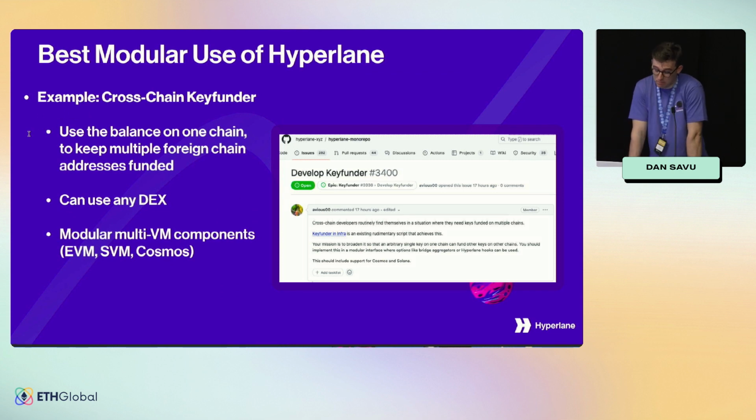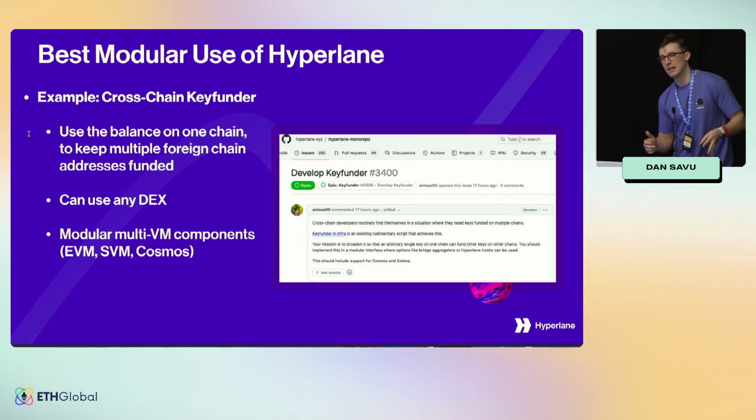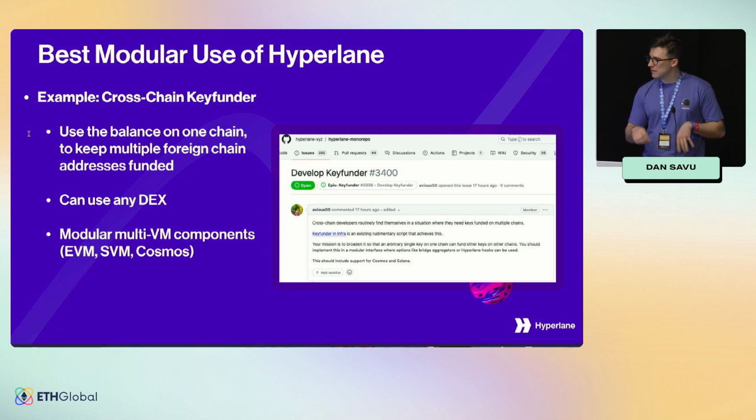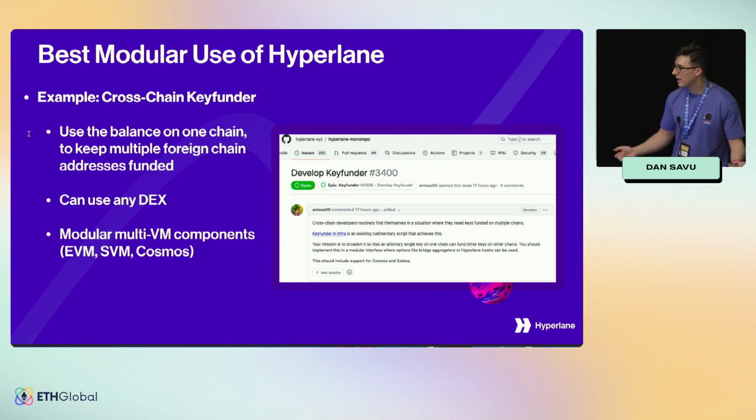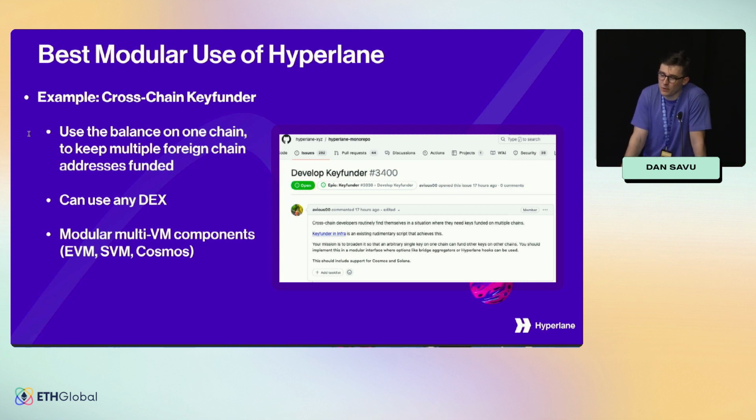You can also build a cross-chain key funder, where you have balance on a single chain, but you have deployments on several chains. And you want to be abstracted away from having to fund all of that because it's an operational nightmare. You can bridge via Hyperlane, then swap on whatever DEX is available on that VM. Obviously in the EVM you have Uniswap, but maybe on Solana you have to use Jupiter or something. And you swap there, and then maybe switch to the native gas token of that VM, and there you go. It's all automated, and you just run a service, and it will do the topping up for you.